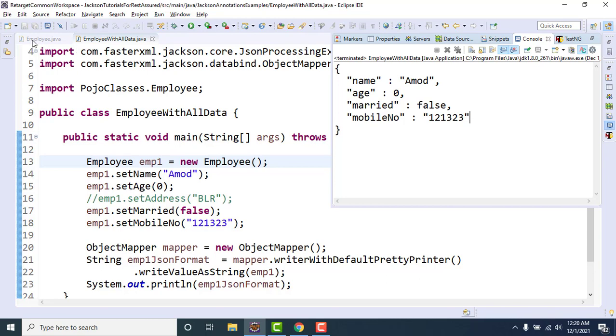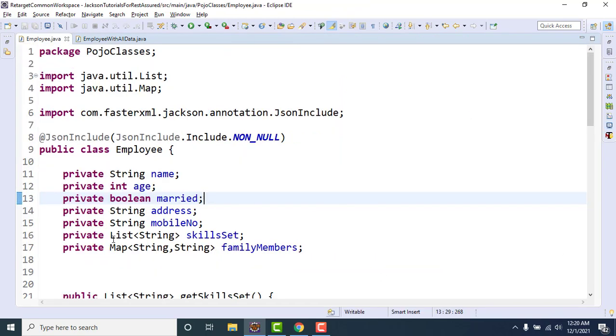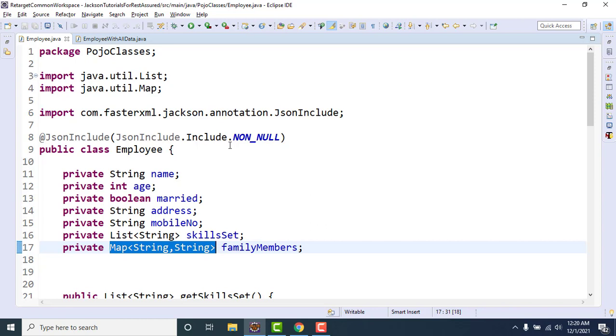Why? Because the default value for these will be null. For these two variables it will be null, since we have already added one annotation called JSON include, which includes only non-null values. That's why these two fields are not there.